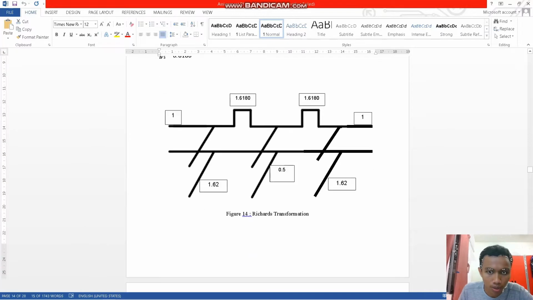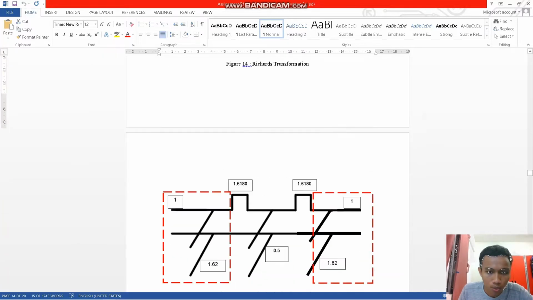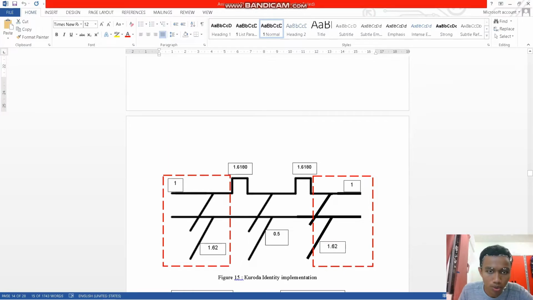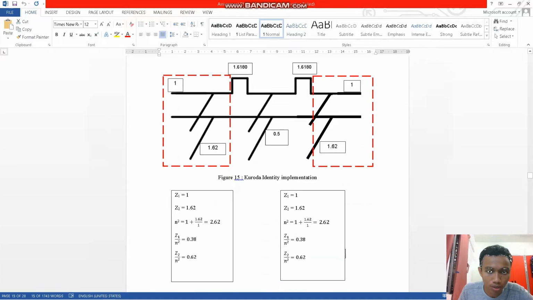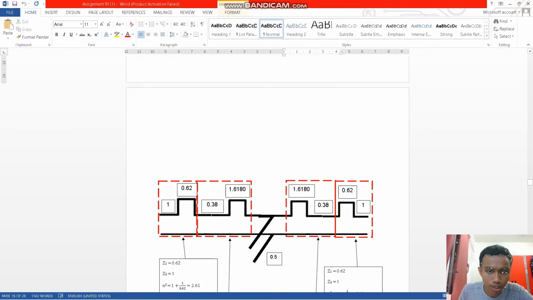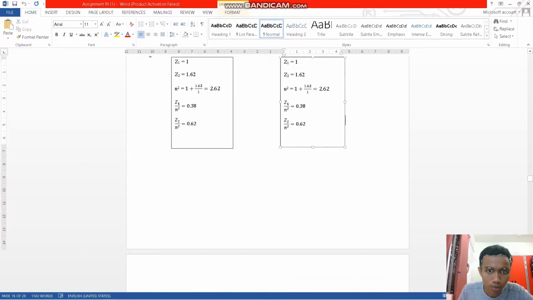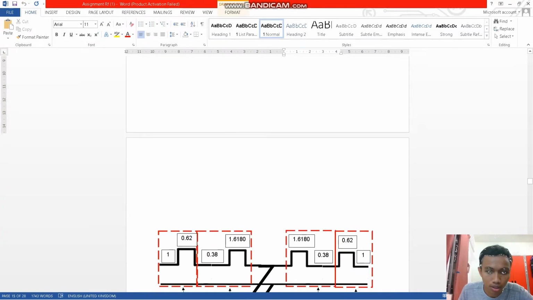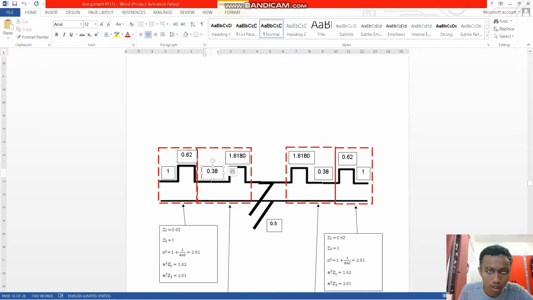And then after we design the Richards transform, we need to calculate this one value at the red line. So after that, we use this formula to get the value of each part. And then we put the value of 0.38 at Z2, and then Z1 use 0.62. And then after we get the layout like this, we need to calculate each part of this to get the